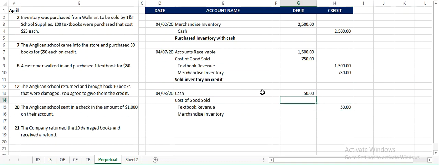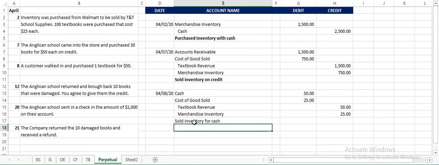The cost of goods sold remains the same because we're still selling this one item, and the cost is 1 times the $25, which is what we paid for it. That's the cost to the business. And so $25 and $25 affect cost of goods sold and merchandise inventory. And what we can put here, because that's done, is we sold inventory for cash, or we can put cash sale for inventory, and that's the third transaction. Okay,